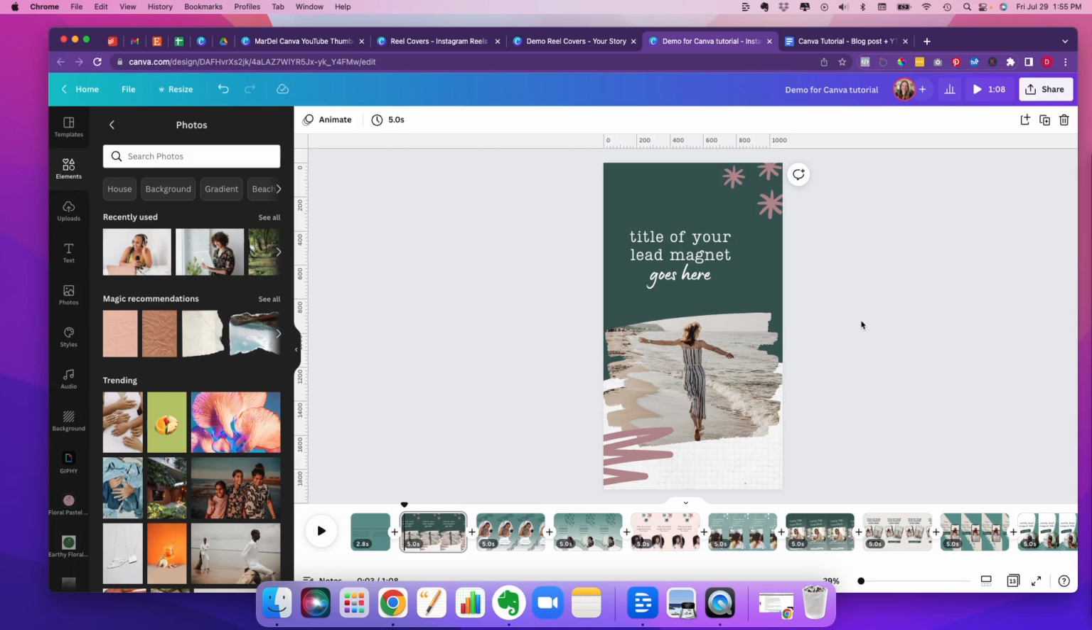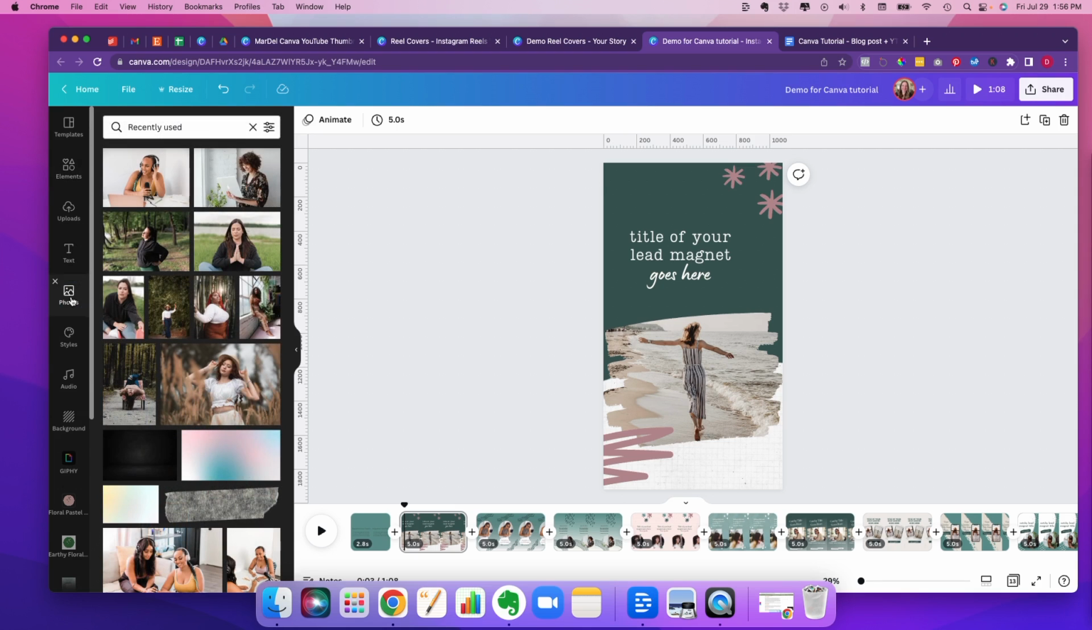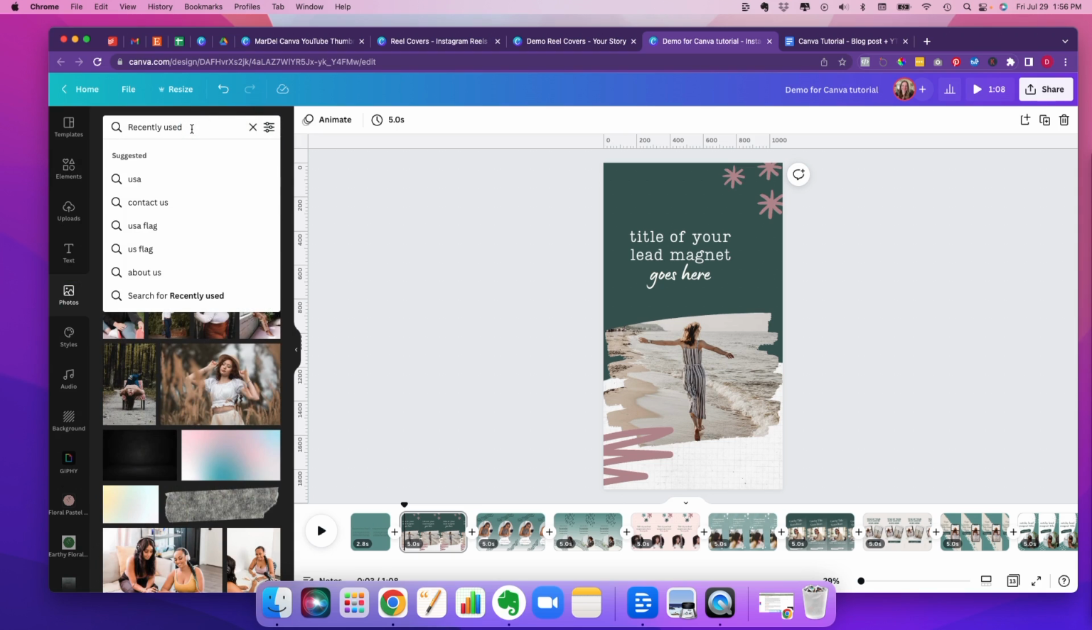I'm going to show you some easy ways to change the photos in a Canva template. Go over here to Elements on your left-hand side, or you could go straight to Photos. And these are my recently used, but you can search up here for anything you want. The other way to find another photo, or obviously if there's a photo of you that you want to upload,